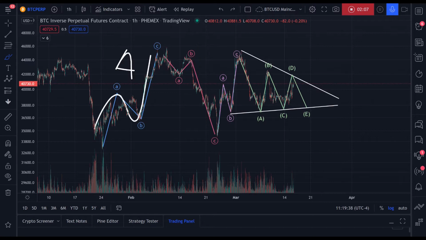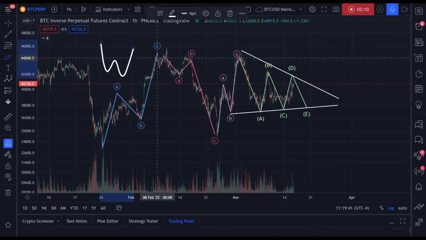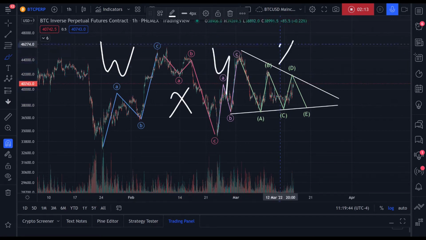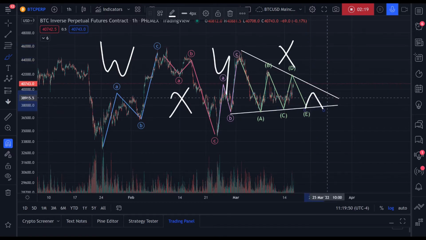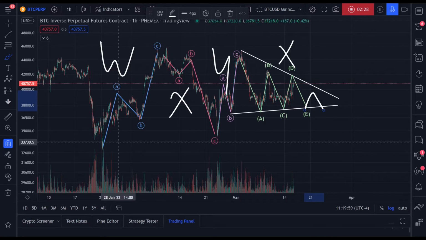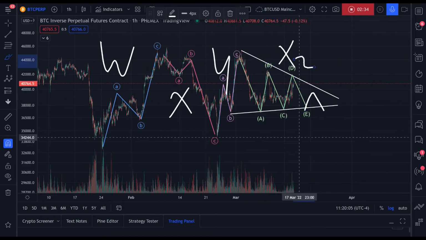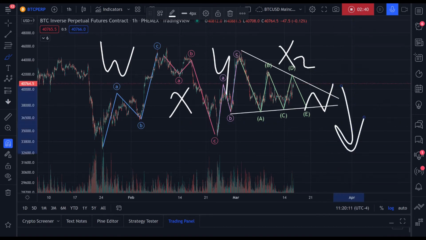You can kind of look at it as a 333 correction, where this would be W, this would be X, this would be Y, this would be X2, and then perhaps the pivot would be Z, okay? But not really, because the pivot would most likely go in the direction, if W is going up, X is going down, Y is going up, X2 is going down, and the pivot would go up, and then you would continue in the opposite direction. That's it. I hope I didn't confuse anybody, but it's kind of like a 333 correction, but not. That's why I haven't called it a 333 correction, okay?